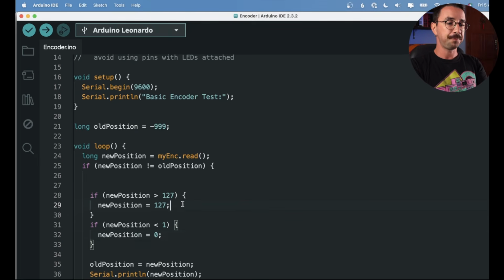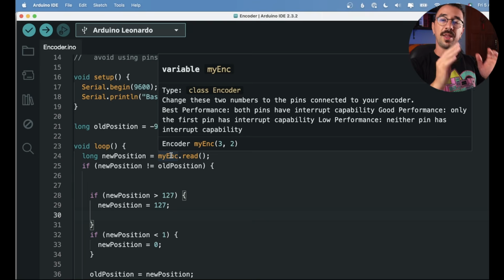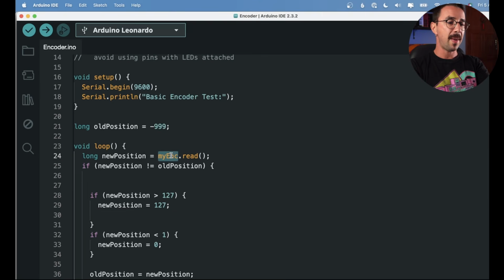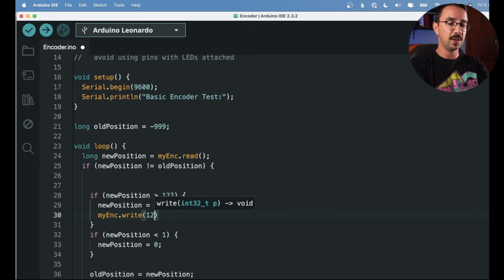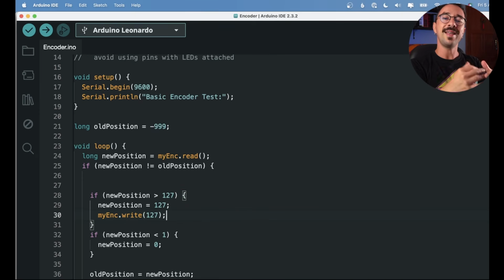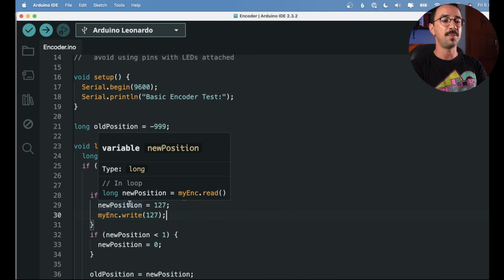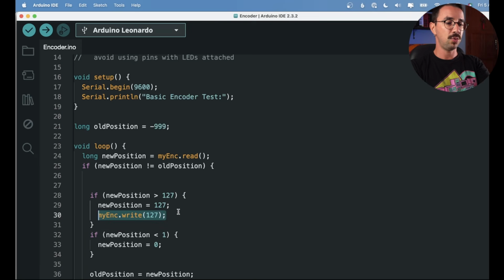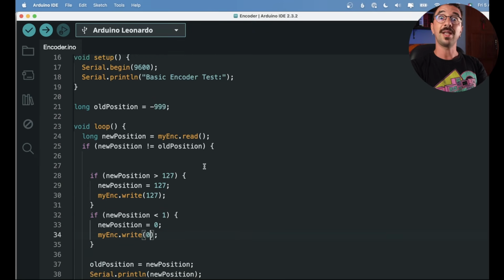So for that, we need to use the library to do that. So myenc.write equals 127. So we are writing in that variable that's happening in the background this value here if our new position gets bigger than 127. So we need to do the same thing here, but now for 0. Okay, so let's take a look if it's doing what we want.